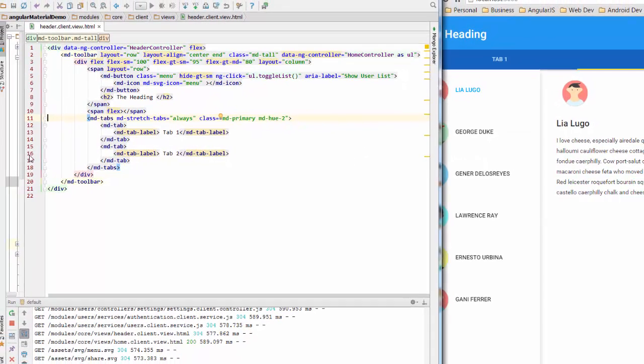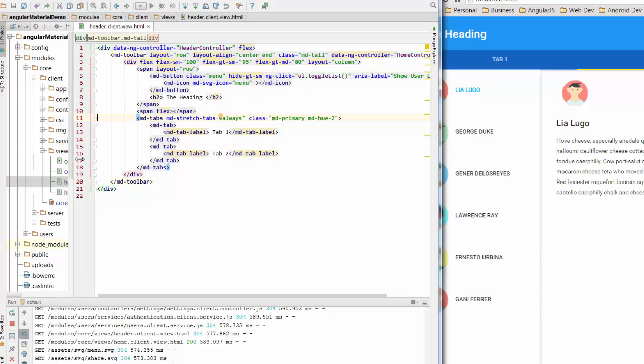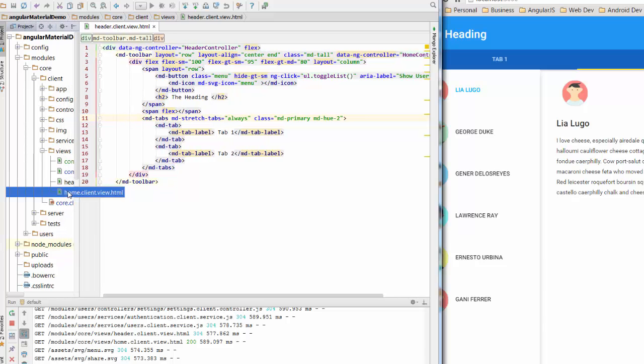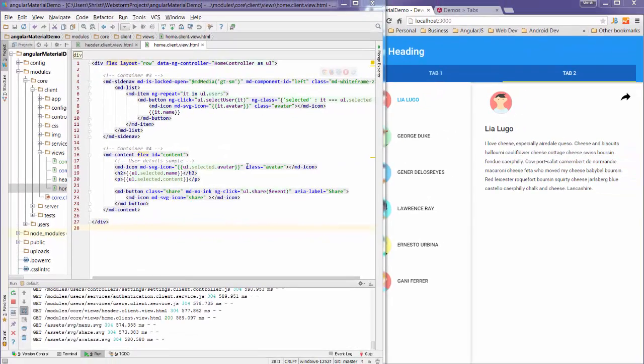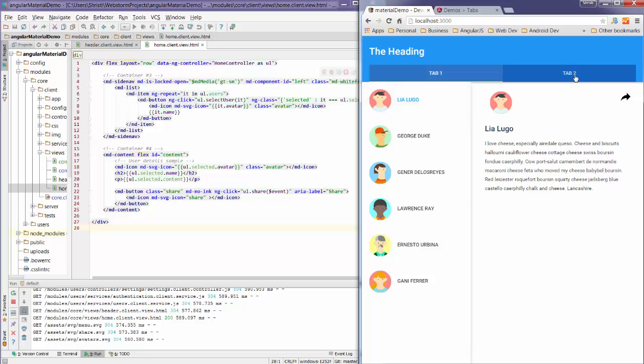Second thing we'll have a quick look at is the home page, which is this one right here. This is the home page that's currently being displayed here. We've got a sidebar and we've got a main content area. So what I want is for this main content area, or this home view, to be what gets displayed when I click on tab 1. And when I click on tab 2, I want to add a new view.